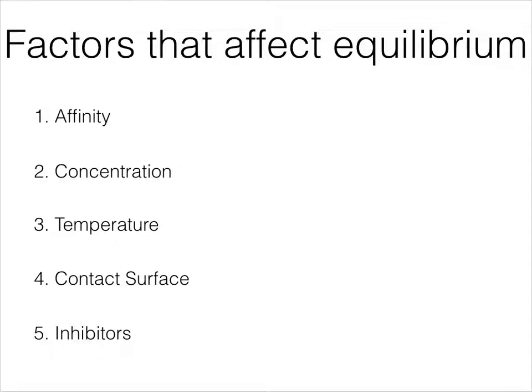So what are some factors that affect equilibrium? Well, first off, affinity. If you have more affinity between A and B, they bind tighter. Remember that key concept of binding affinity? So if you have a low KD or a high Ka, then they will remain bound longer, and they will spend more time together, and the equilibrium will tilt